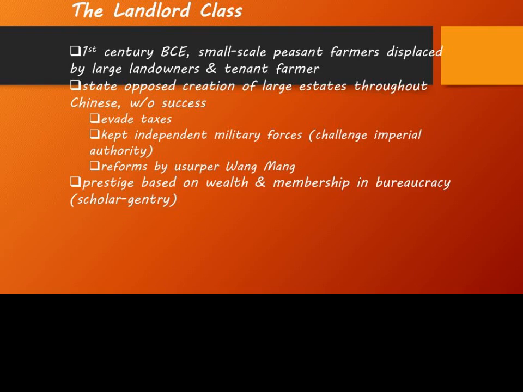state. But this Wang Meng, this court official, usurped the throne and engaged in a systematic attack on the large estates. He was a firm Confucian. He believed that a strong and healthy peasant class was the backbone of society. And his program of nationalizing and redistributing land, setting limits on the size of land holdings, and offering government loans to those small farmers really put an end to private slavery. That provoked a reaction from the wealthy elite and eventually led to his assassination.